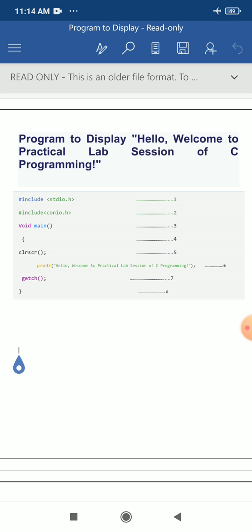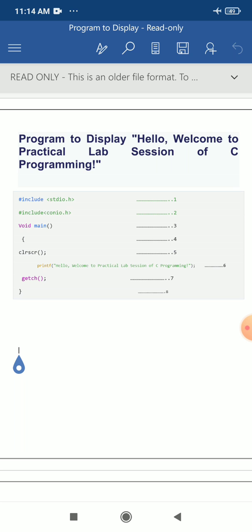Then dear students, inside the angle brackets we have stdio.h. What is stdio.h? Basically in stdio.h we have a combination of two things. First one is stdio, then .h. Here stdio is standard input output and .h is the extension of header files.